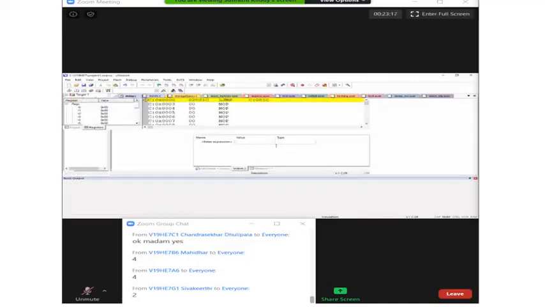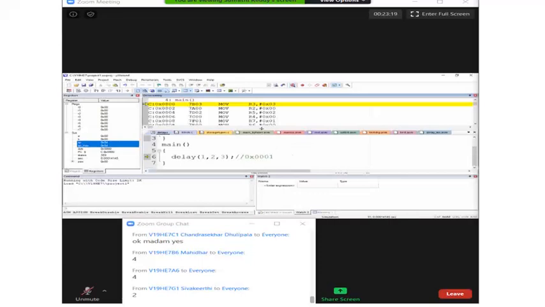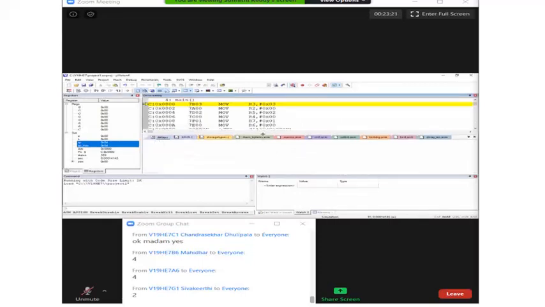See here, first argument R6, R7, R5, R4, R2, R3. Why 2 registers it is using? Because the variable size here is 2 bytes. The variable size here is 2 bytes. So it is using from R7 to R2.